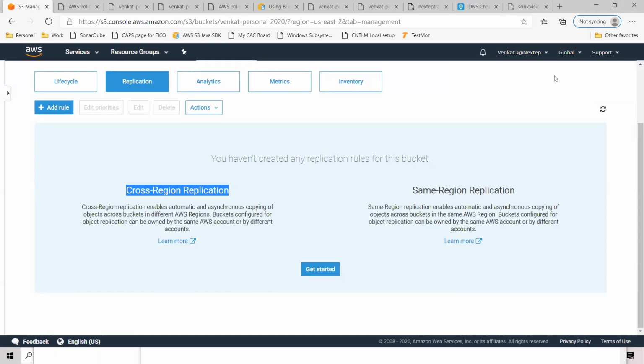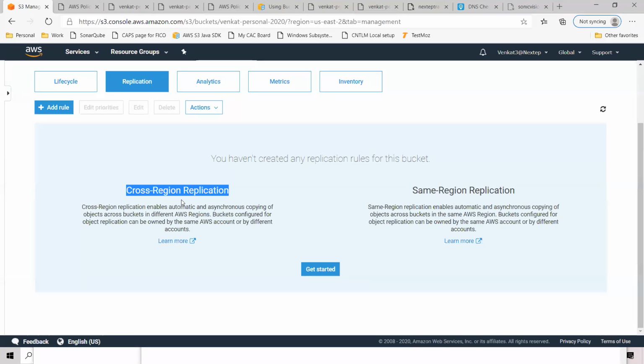So with cross-region replication, let's say I have my source bucket in the Ohio region, and I have my destination bucket somewhere in, let's say, the Mumbai region. And I have some consumers out there in the Asia Pacific area.